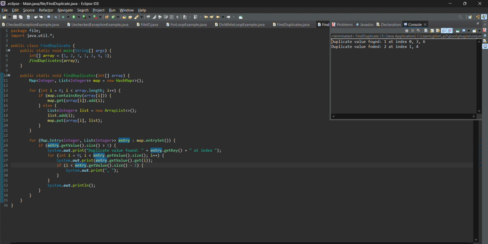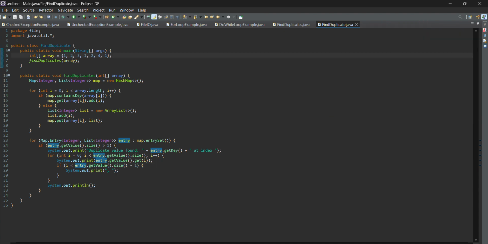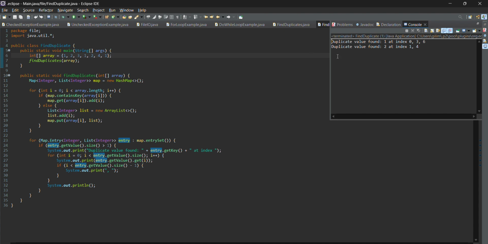So the value is 1, and the index of it is 0. Another one, 0, 1, 2, 3. 0 and 3.